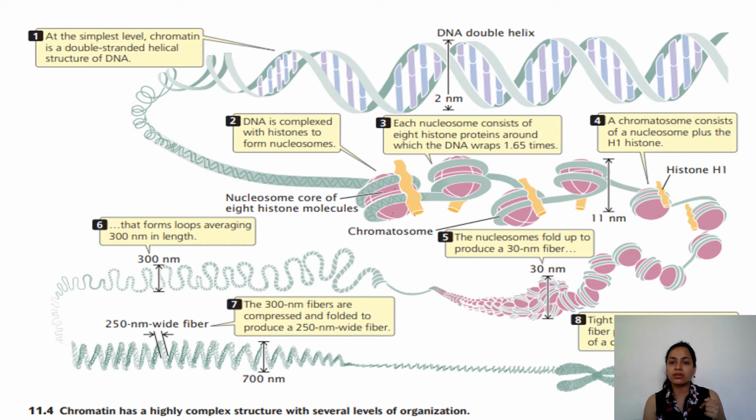Fine. So you can see these are the linker histones. This is one nucleosome. This is another nucleosome. This is another. Collectively they are forming a beaded-like fashion, and they are known as chromatosomes. Ultimately, you can see what is happening here. Once the nucleosomes are formed, once the chromatosomes are formed, it gets further condensed. You can see the space between the two nucleosomes will get decreased, it will get further decreased, and in this case you can see it is getting further decreased.